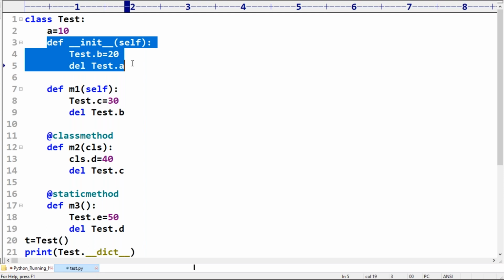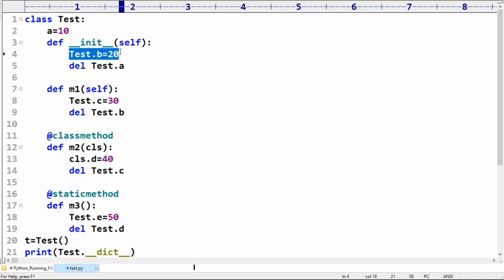Test.b is equal to 20, del Test.a. A new static variable will be created, but a will be deleted.